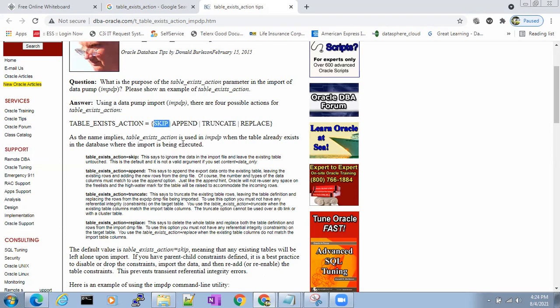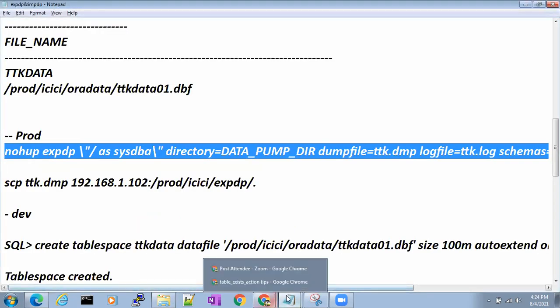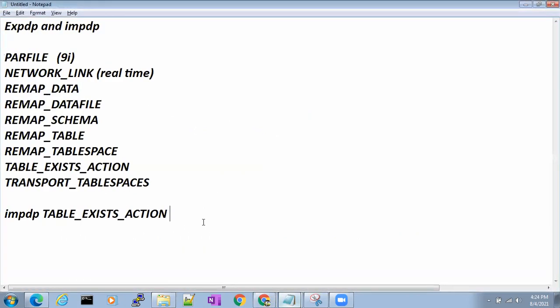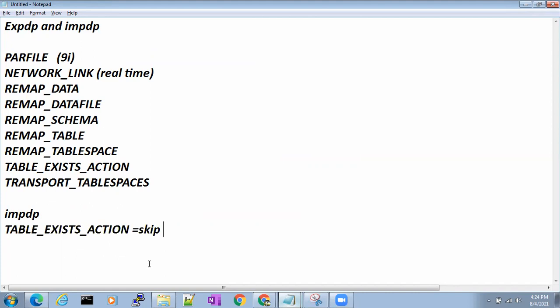What is skip? I'll come one by one. If you give that option, or if you don't give that option also, by default it is skip. Table underscore exist underscore action is equal to skip.